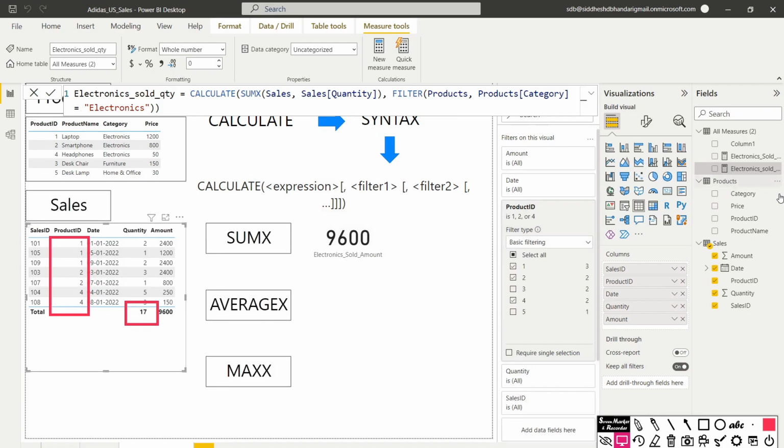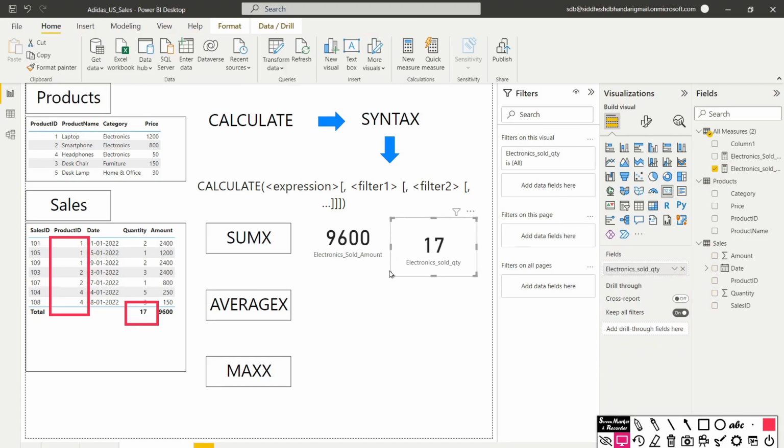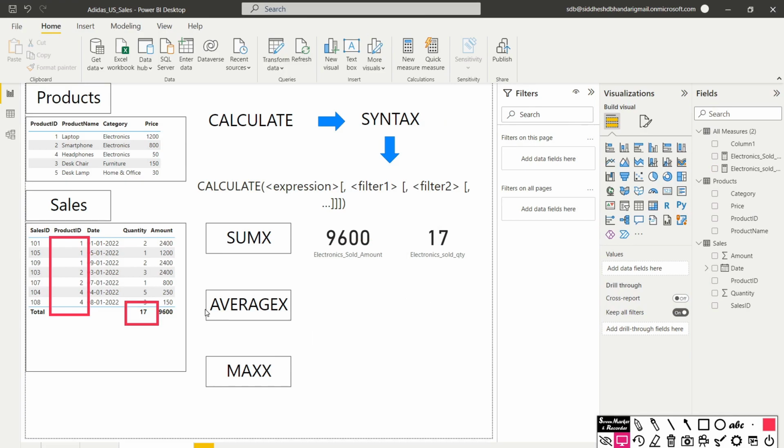So now if I pull that onto the canvas and convert it into a card, there we have it, 17 as the electronics sold quantity. So far so good. We have validated the output of sum x and also validated the quantity sold. Now we have to find average x, and we just have to validate if 9600 divided by 17 is tallying